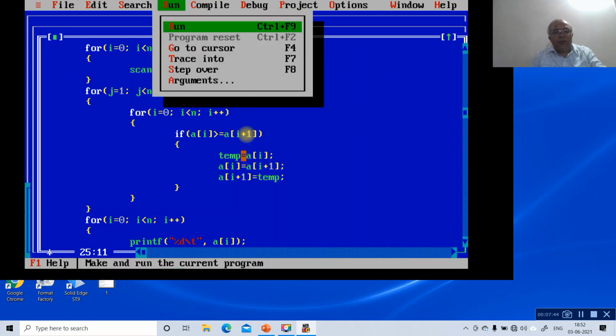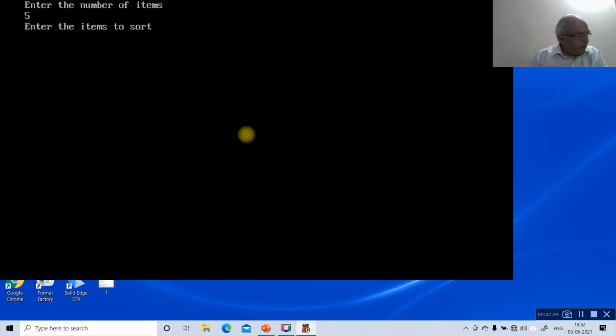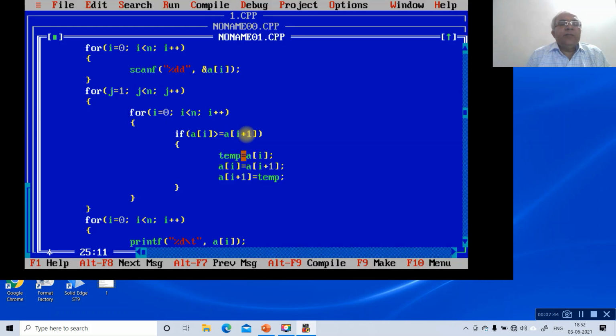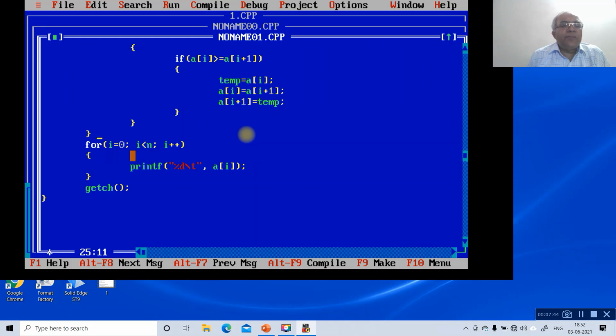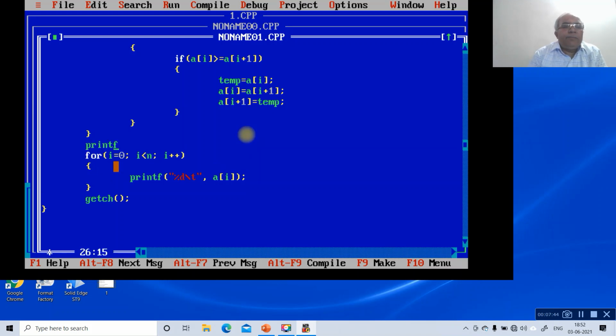So now we are going to execute. Enter the number of items as 5. So we will get 40, 50, 10, 30, and 20. So now we are going to get it in ascending order. Now here, if you want to take the printout, we will have one more thing here. We are going to give printf /n, and we will not give the printf here. If you give the printf here, it will take for every case. So we give one printf /n, and then okay.